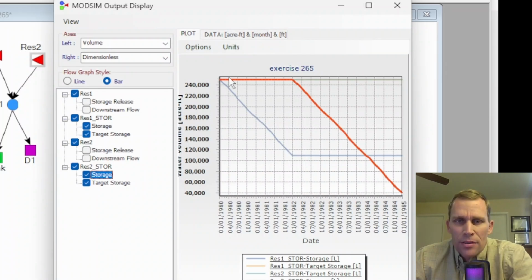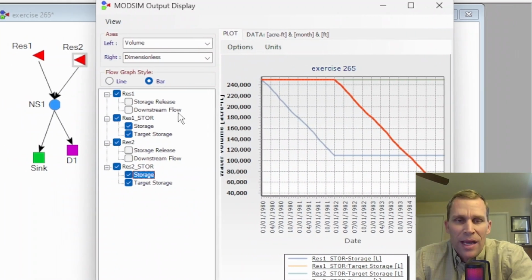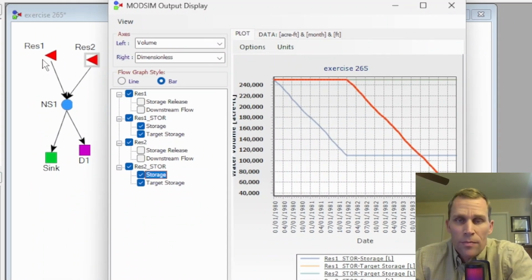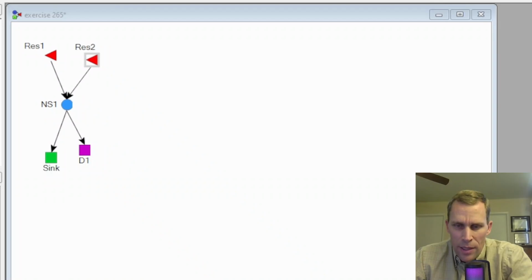So what we're going to be doing is, instead of one reservoir draining and then the other and so on, they're going to be both draining at the same time. However, they're going to be draining at different rates. So say, for instance, we just value the water in one reservoir a little bit higher than the other, but we don't want to assign the entire demand to be satisfied by just one reservoir. Let's close up the plot